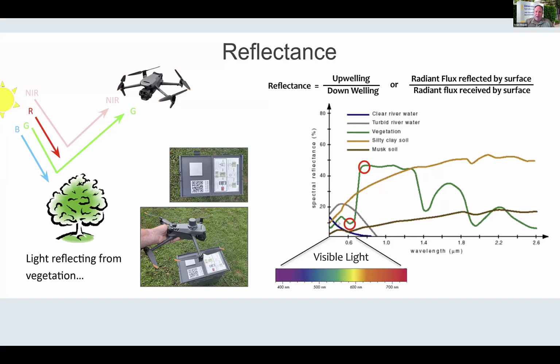That green line is the spectral signature of a healthy plant, where you have this spike in reflectance that's usually about 10 times brighter than the normal visible spectrum. And what that gives you is much more contrast to detect both the health of plants